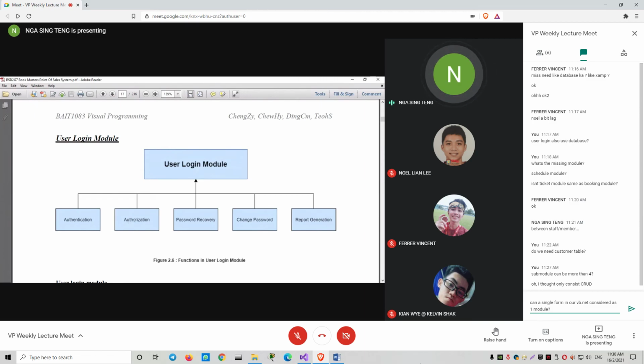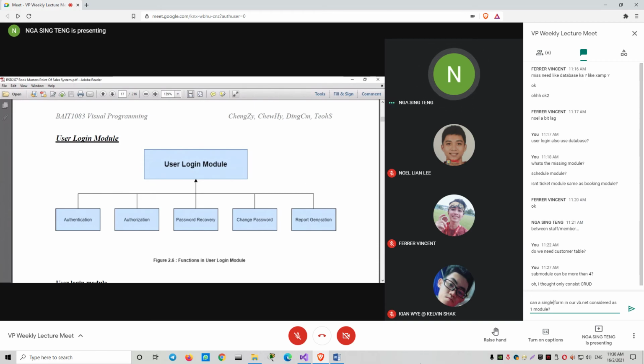And if the staff is the manager or the supervisor, maybe they can add staff, add the schedule, delete the schedule. So by setting these authorizations, password recovery, change password, report generations, to see maybe how many times the user logs in,